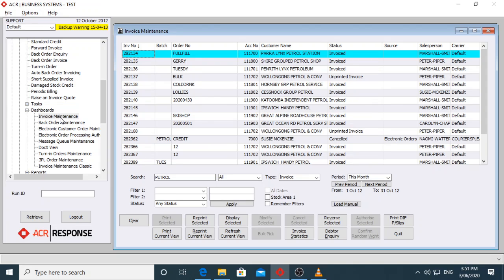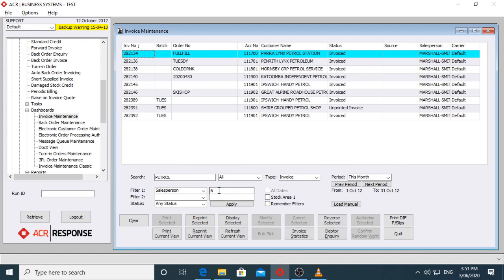Now, using filters will help narrow your search results down so you can easily find what you're looking for. So, for example, if I wanted to look at my petrol station customers but only from a certain salesperson, I can use my filter, click on salesperson and enter in their name or salesperson ID and hit enter, and then I've got my results